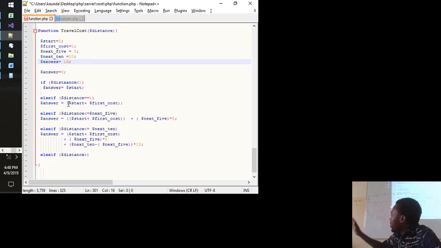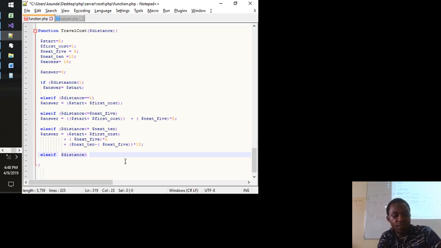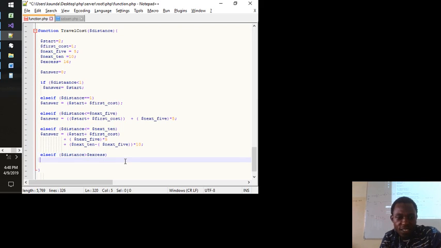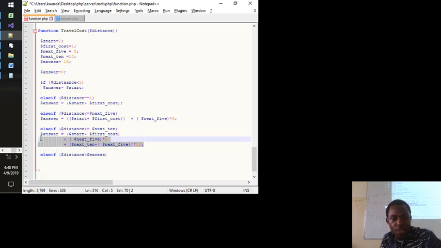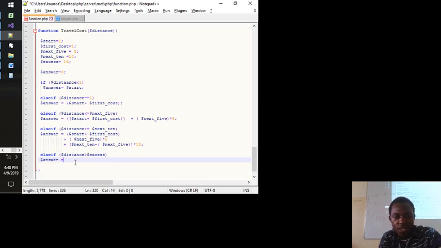Anything above 16 from start to point D should be excess. So anything above the 16, that means you need the same thing. Your answer will be the start plus the first distance you've covered